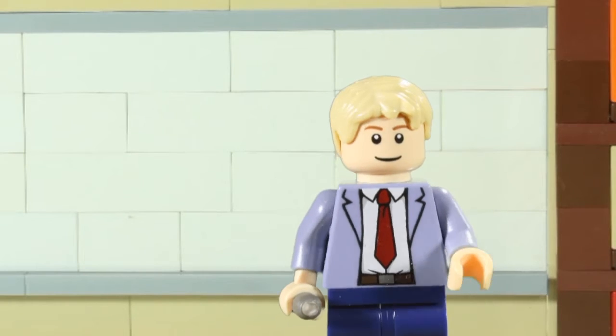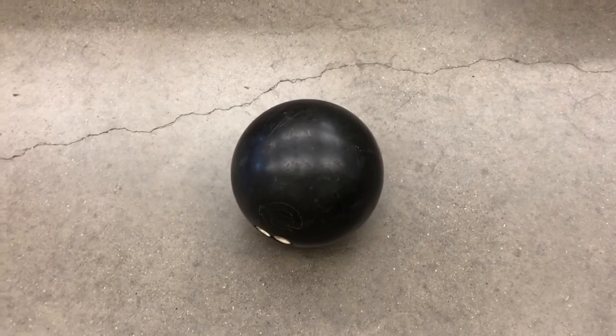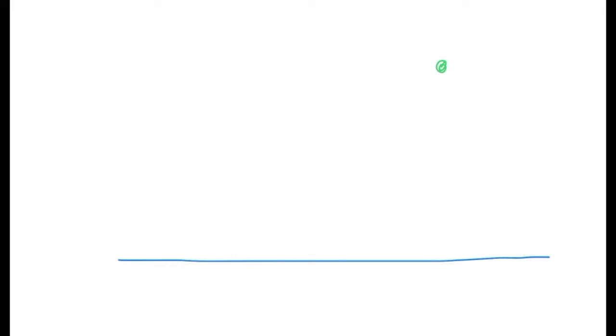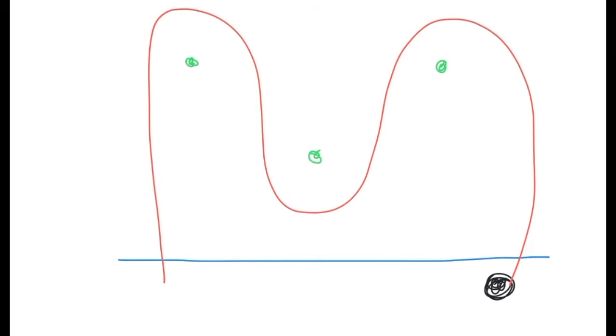Today we're going to play a game. The object of the game is to get a bowling ball through an obstacle course. The obstacle course shall consist of a starting line and 3 bowling pins. The goal is to start behind the starting line and weave through all the pins and then cross back over